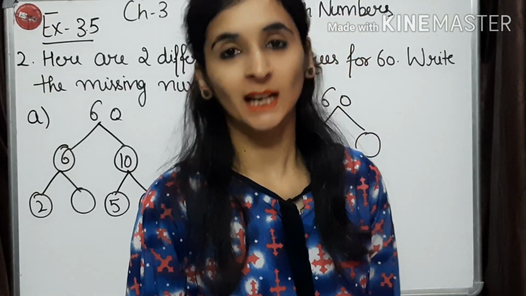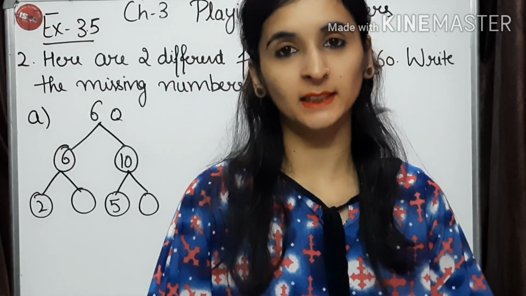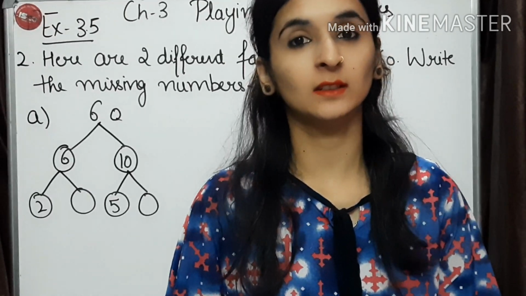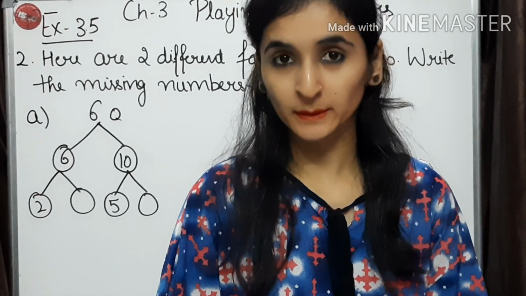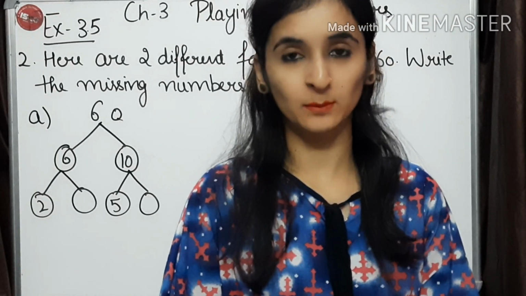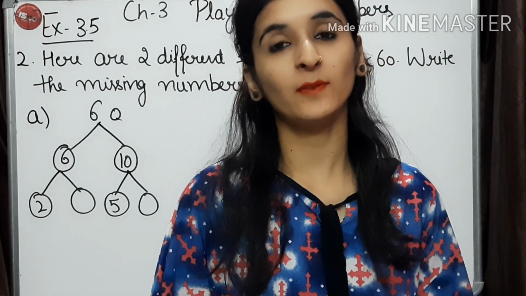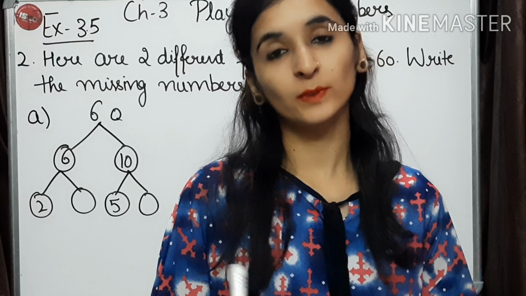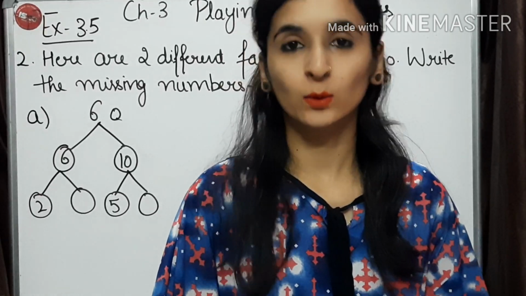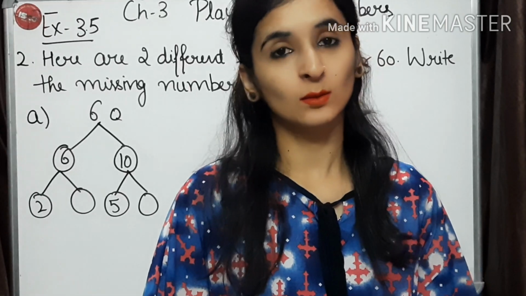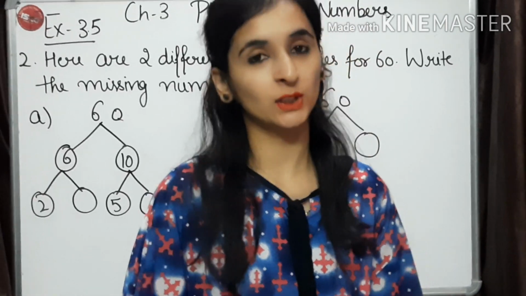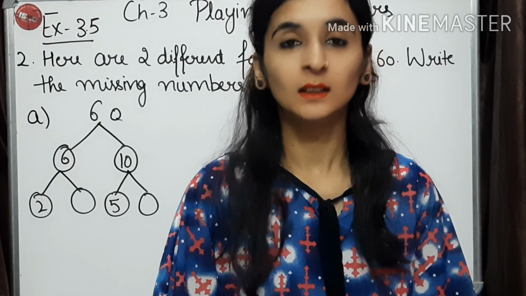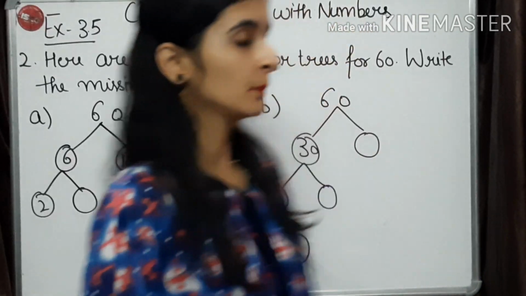So children, now we are going to start with exercise 3.5. And children, as you know, due to this COVID-19 situation, according to government rules, we have to cut off your syllabus, and wherever I find that a question or exercise is not needed, we will cut that exercise and the questions in between. So from exercise 3.5, question number 1, we are not going to do. We are going to start with question number 2.